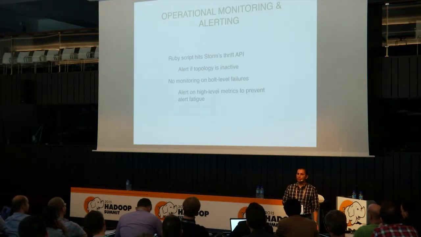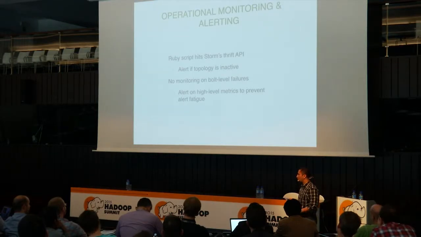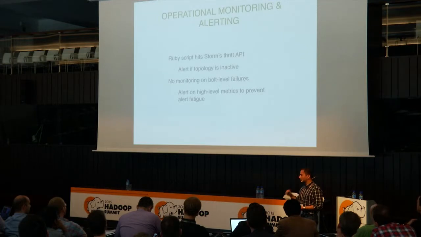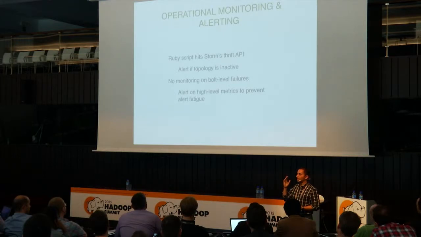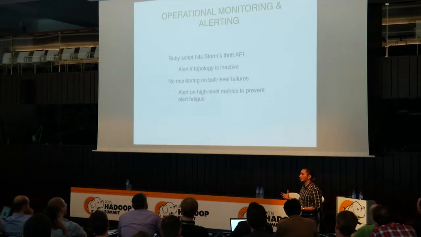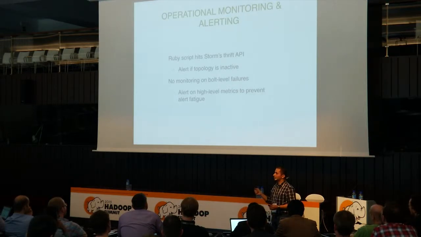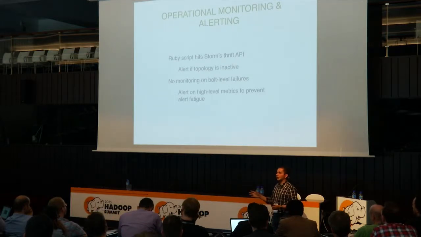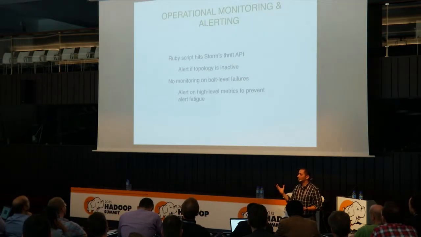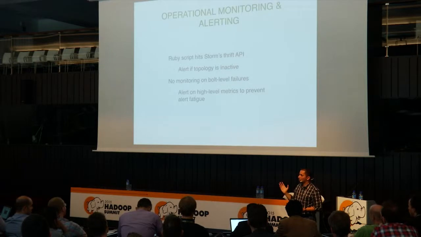The other thing that I wanted to make sure of, since this was such an important pipeline, is that it's always available. So we have a job, a Ruby script rather, which hits Storm's Thrift API, and the API gives you access to pretty much any of the Storm minute details, such as the number of messages transferred within a bolt or transferred within a spout, and so forth. So we use the Storm Thrift API to see if a topology is active, and we only alert on